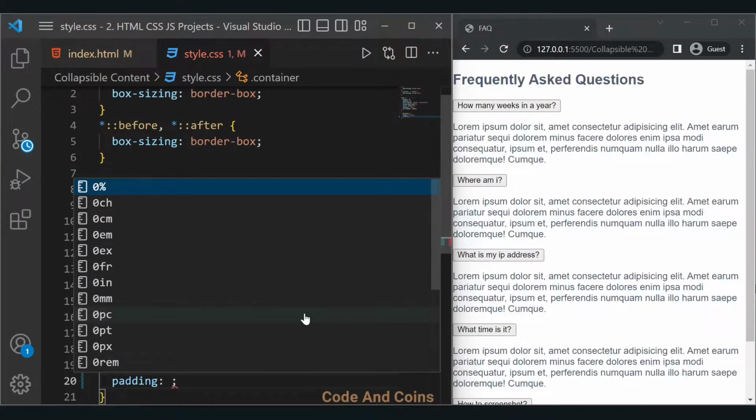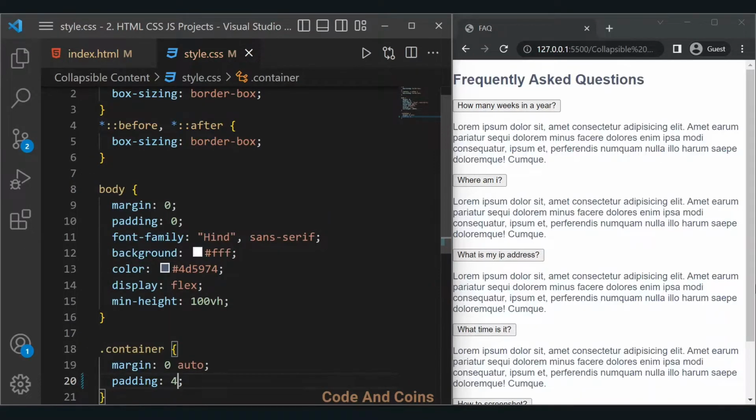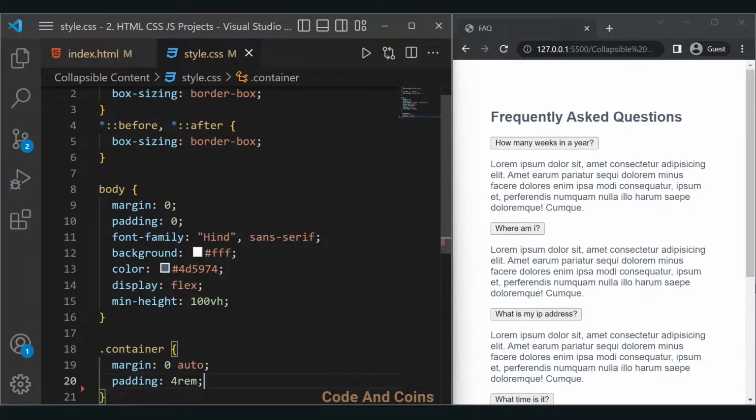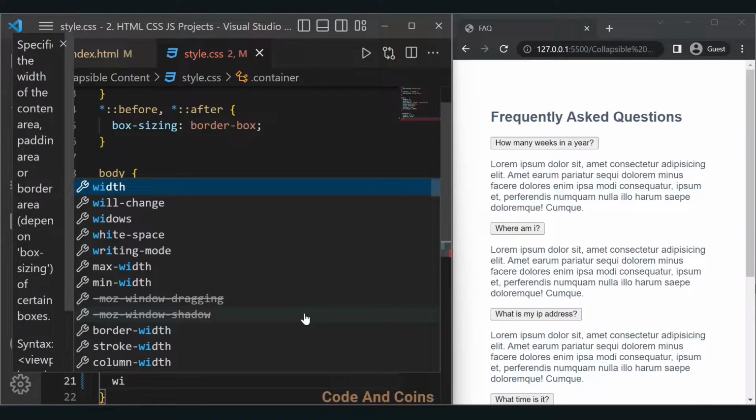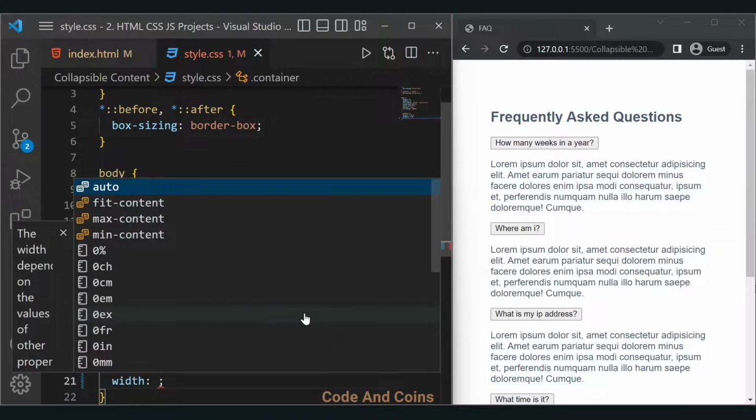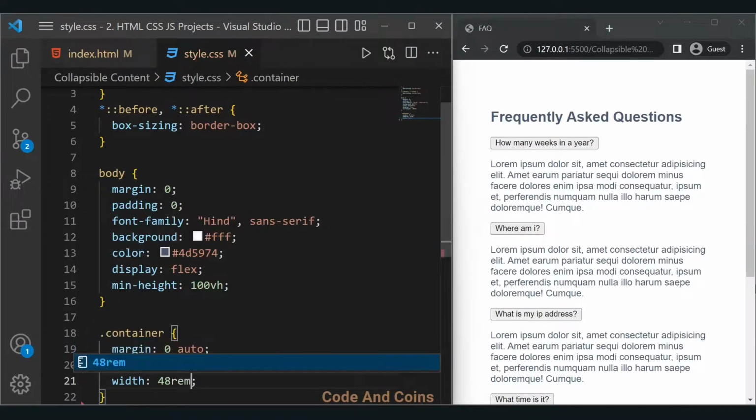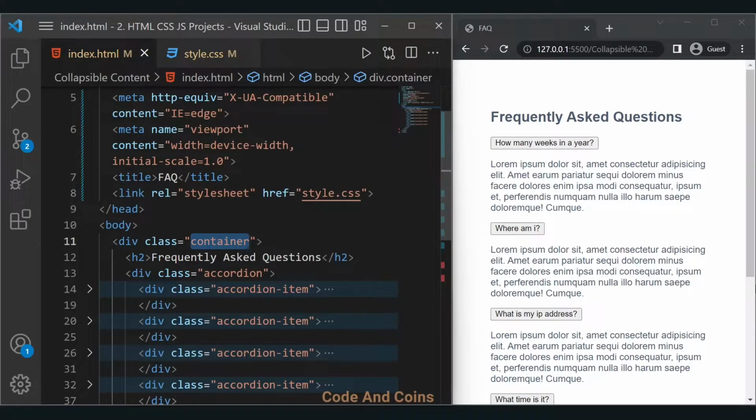Make a padding 4 rem, width 48 rem. Now I want to give a bottom border for each Accordion, and the Accordion is this Accordion element,